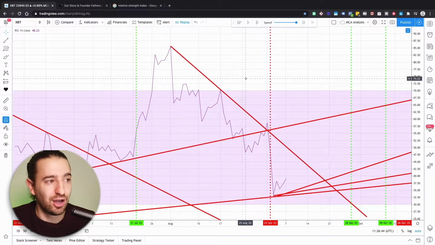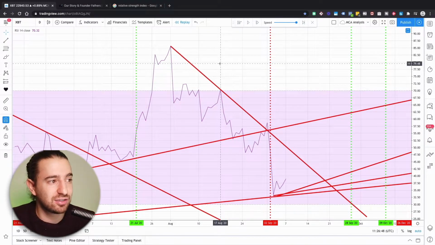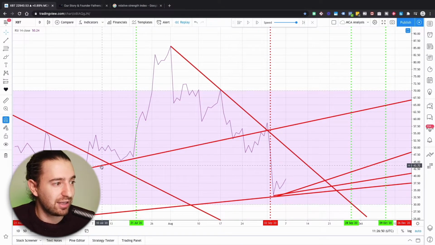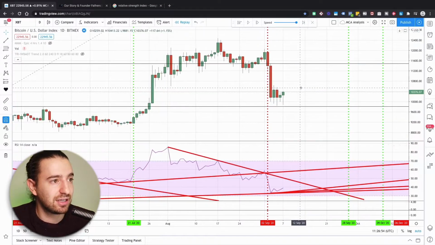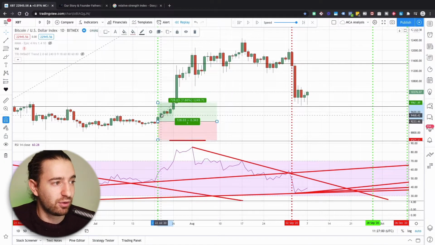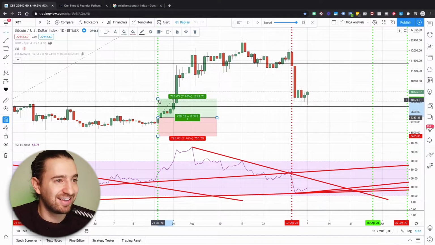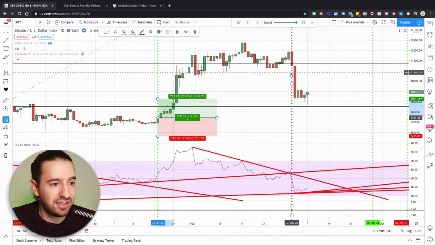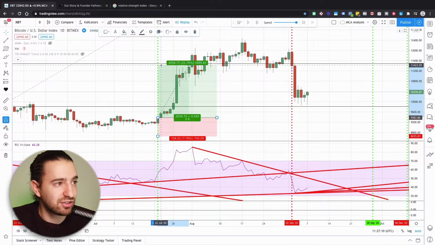Now, again, we're only following RSI here. I'm not even looking at the price while we do this strategy. See, it broke out here, broke out of these trend lines, so we bought, broke down here, so we sold. Let's see what that looks like. So what that looks like is you would have bought, let's say, the top of this candle, because again, you could have bought anywhere on this candle, but let's say the top just to be safe. And then right over here on this candle, we sold, let's say, the bottom of that candle,